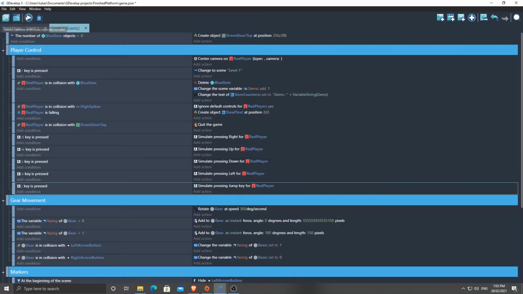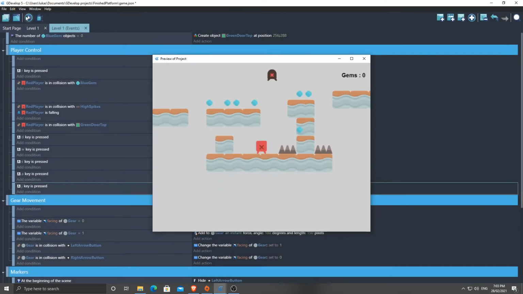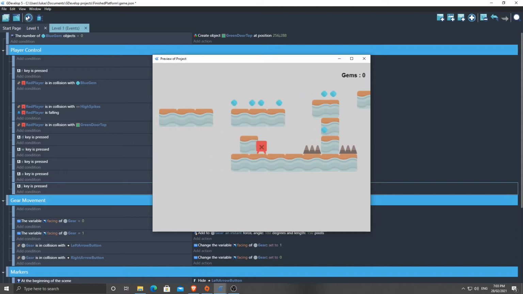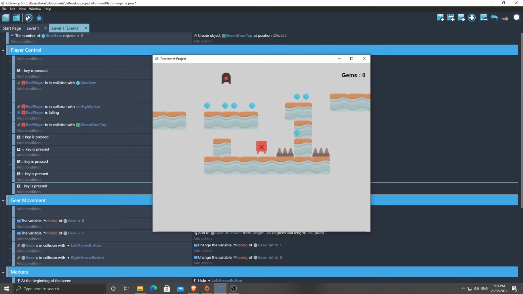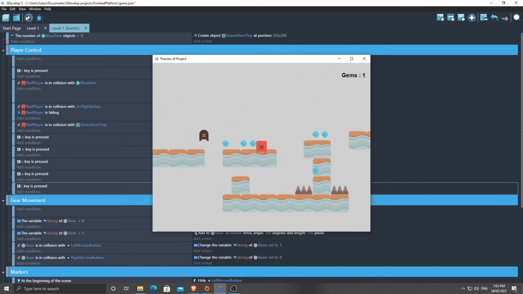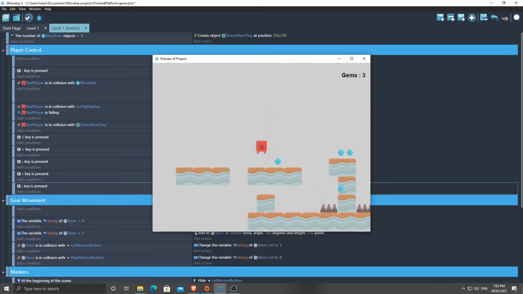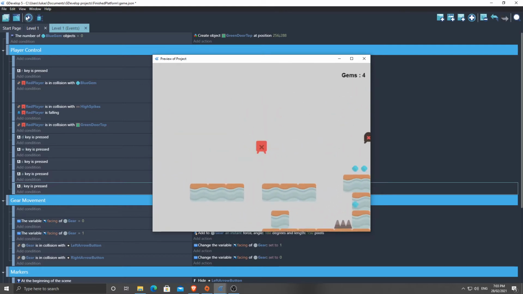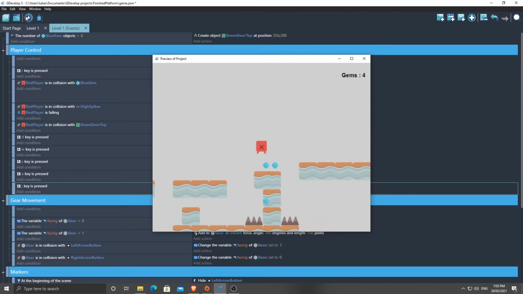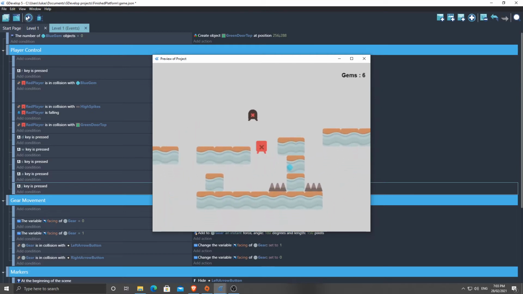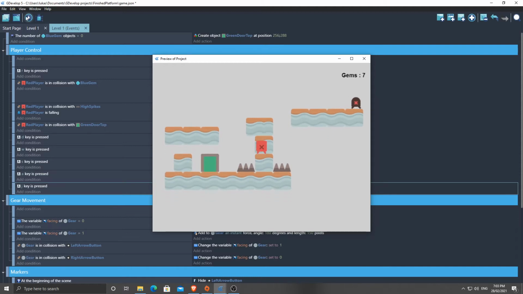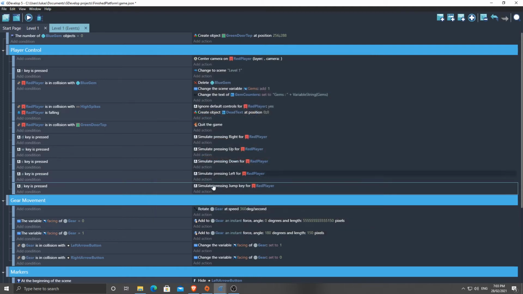Now, there's going to be a few problems here. Okay, so I can move left and right. W doesn't do anything at the moment. S doesn't do anything. If I push J, it's all good. Okay, so we can simulate the jump key press, and all those checks are already in place to see whether or not we can actually jump. That's what I was thinking we might need to do, is to put a check here to say if they're on the ground. We could make this a lot more complicated. So now what we're going to do is add an action here so that when we jump,